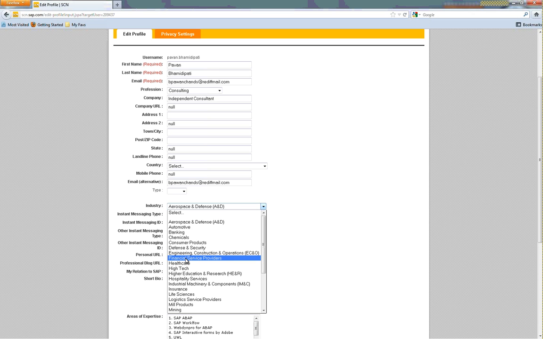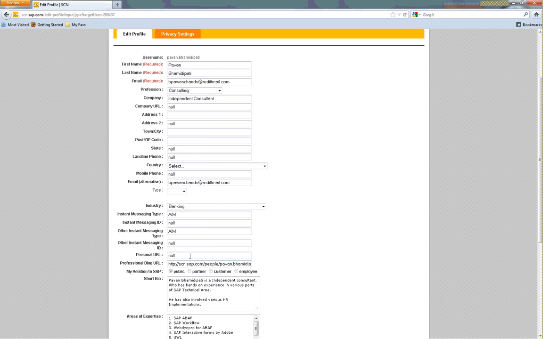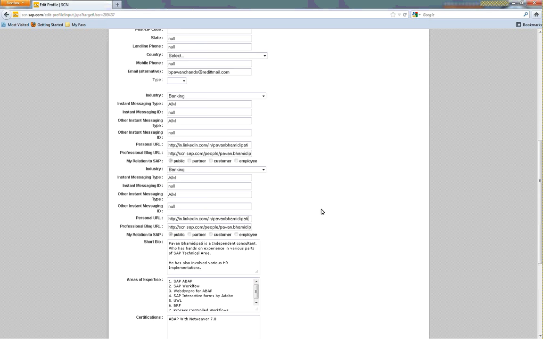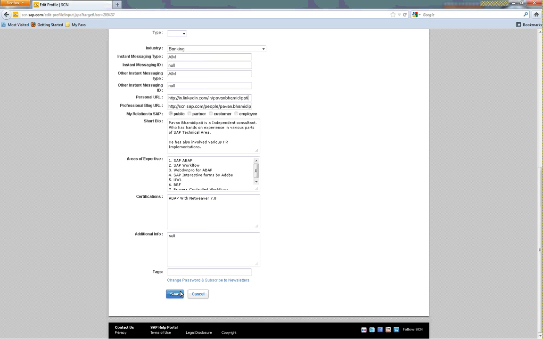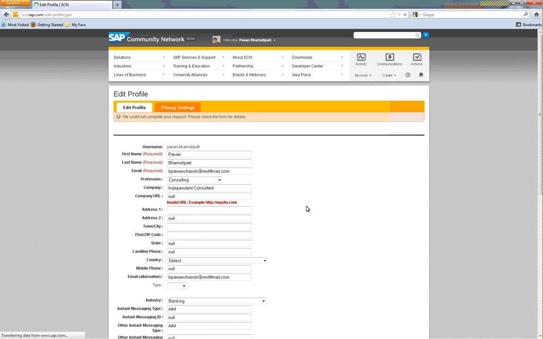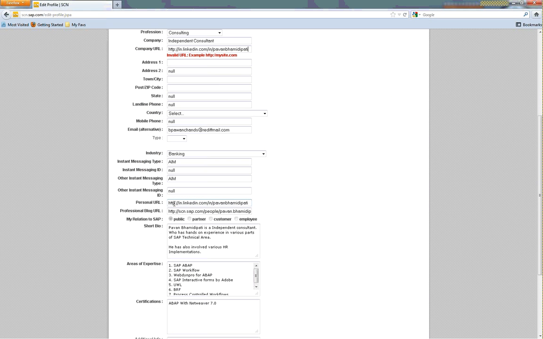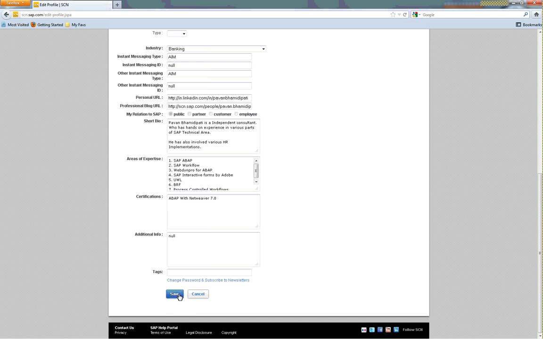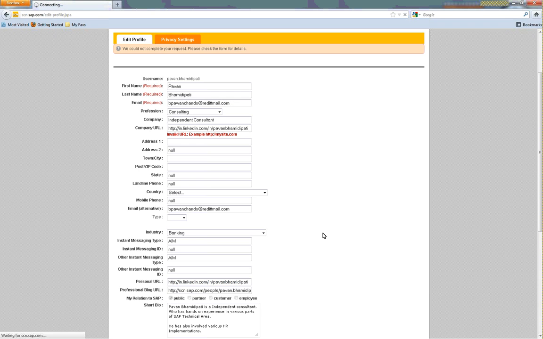Let's say I'm in the banking sector, and let's give my personal URL as my LinkedIn URL, and then you save it. Once you save it, if all the mandatory parameters are provided, there won't be any error. The company URL and personal URL are two things which it will check, and even the professional blog URL it will check. So make sure you provide all your links,